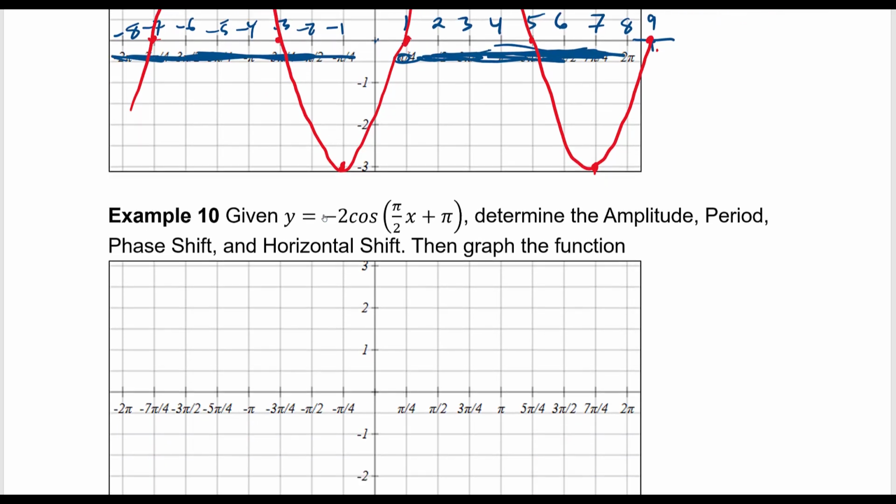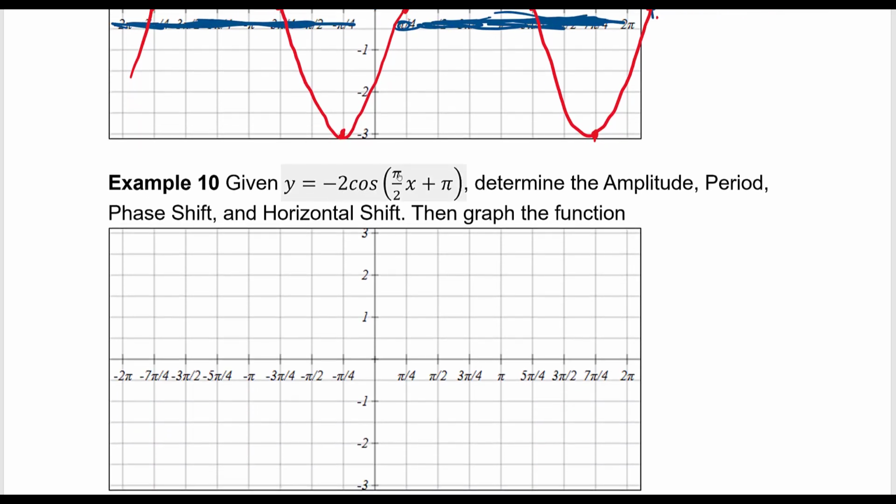And let's go on to this. Given y equals -2 cosine of pi over 2x plus pi, we're going to graph this one. So we have a couple things. Our amplitude is -2, so the absolute value of -2 is 2. And this one, we're also going to be rescaling it. Okay, but given its cosine, it does have a phase shift. Normally it would start up high, but this one would start down below, but then